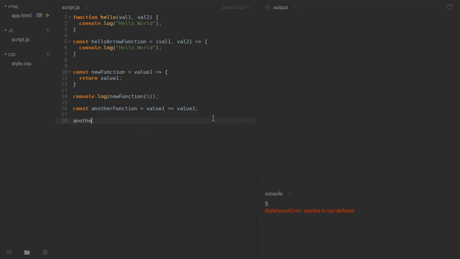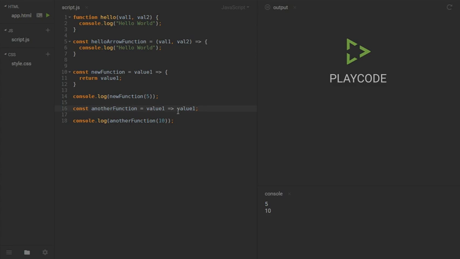Let me just show you what I mean. We make another function, we call it. Let me just console log this to show you how the function looks in the console. As you can see, value 1, I don't know how you feel about it, but I love this. This is awesome to look at. Let's just call it, and because you already have 5, let's call it with 10. And as you can see, we call it with 10. 10 gets inserted into value 1, 10 gets returned with value 1. Okay, so this function basically without writing return